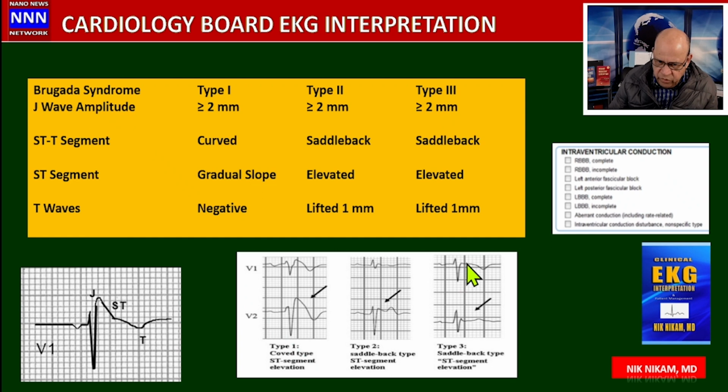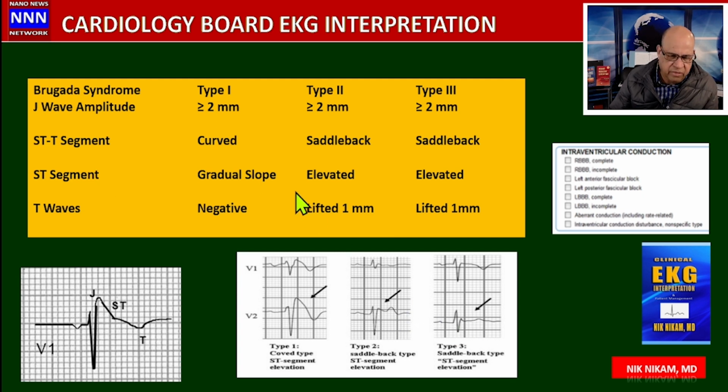one is sort of a smooth downsloping ST segment as opposed to the elevated J point. The J point elevation is less pronounced in type 3. The main thing is this gradual slope. The ST segments are sloping, whereas the ST segments here are elevated from the baseline, and that is the